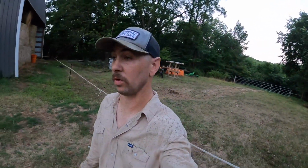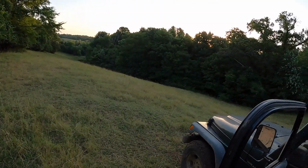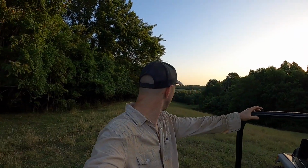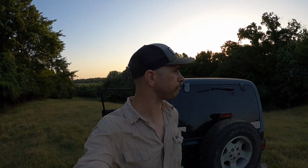That's just one of the small ones. Couldn't get the camera turned on fast enough, but Sadie ran off down the hill barking. We had a coyote cross right here. Yeah, and of course I don't have a rifle with me. He stopped and looked back for just a split second. I don't know if I'd had one that I would have had time to get a bead on him, but